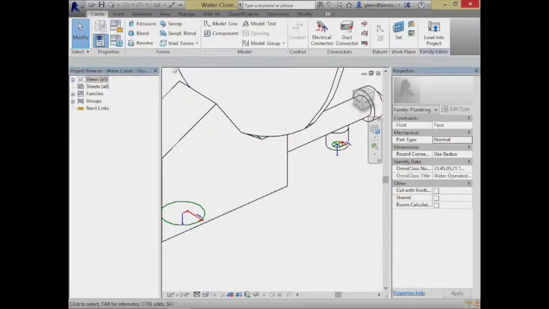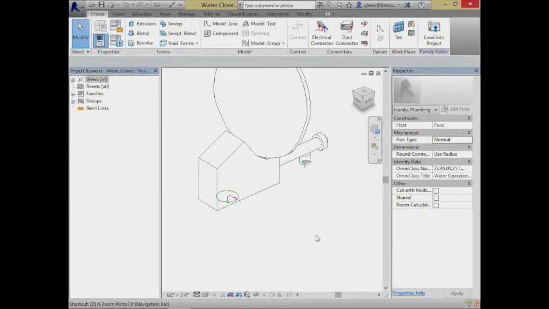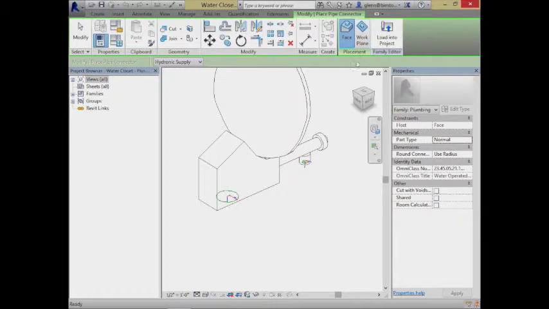And in the same sense, we put together some parts in the last assignment to create different types of families to serve different purposes. If you wanted to take one of your families and start adding system components or system connections to it, it's really easy to do. There's different types of connectors: an electrical connector, an air handling connector, and a plumbing connector. So for example, if I wanted to say that this toilet had a hot water connection, which it doesn't, but just as an example, I could go through and